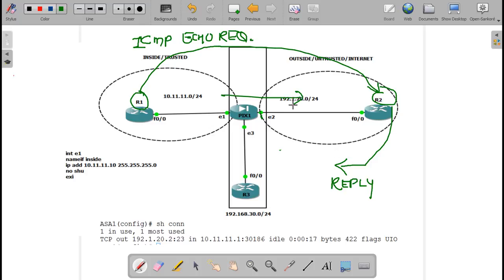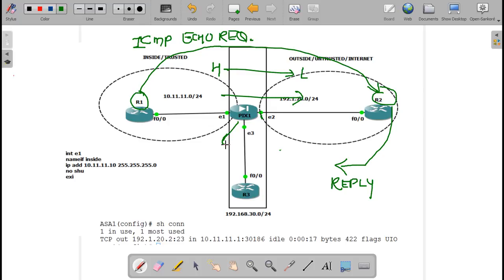The packet is going through the firewall for the reason that it's from a high to a low security interface, rule 1. But the returning packet, which is an echo reply packet, is not coming back. The firewall reason is rule 2, which says only TCP and UDP are implicitly inspected, and this is ICMP based traffic. This is not inspected.